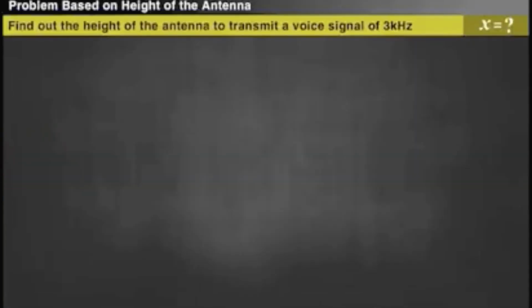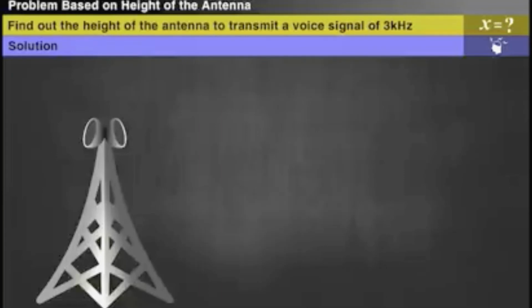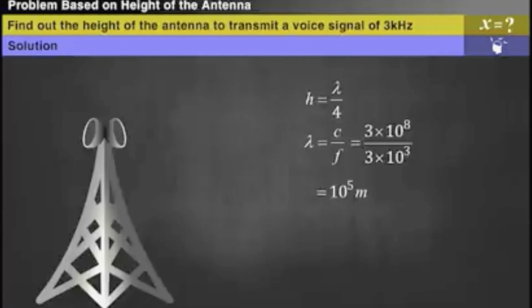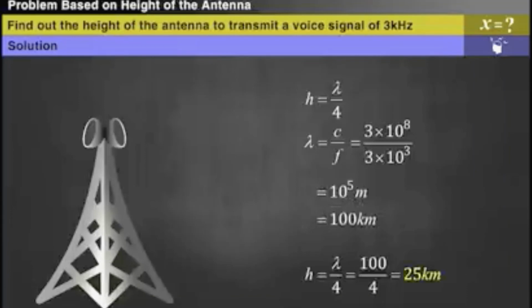Now, let us solve a problem based on height of the antenna. Find out the height of the antenna required to transmit a voice signal of frequency 3 kHz. We know that for efficient transmission, the height of the antenna should be equal to lambda divided by 4. We can obtain the wavelength from the equation shown here. Thus, the wavelength is 100 kilometers. 1/4 of it is 25 kilometers. From this lesson, you have learnt about modulation, problems in direct transmission,